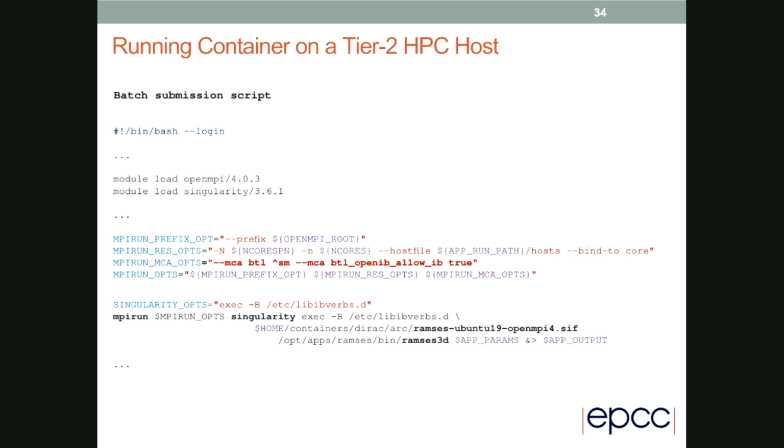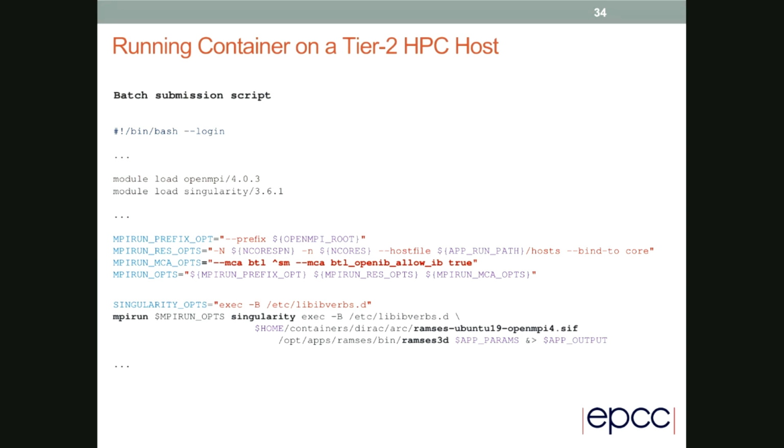So you'll have an MPI layer, you'll have a hardware platform layer, and you'll have a comms layer too. Within that, you have a framework called the byte transfer layer, which allows you to control at runtime how you want the comms to behave. And the options that I've set up: I've got a HAT SM, which means that I don't want to use shared memory to handle the communications because I'm communicating across multiple nodes. And then I have BTL open IB allow IB true, which is basically telling the OpenMPI runtime to use InfiniBand